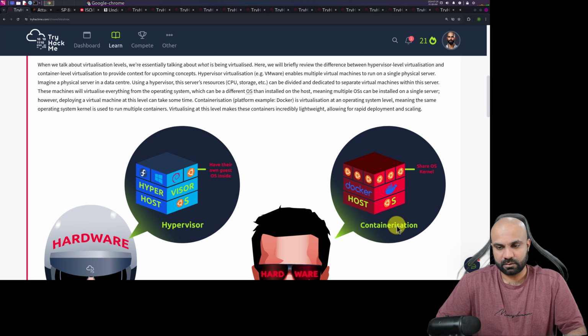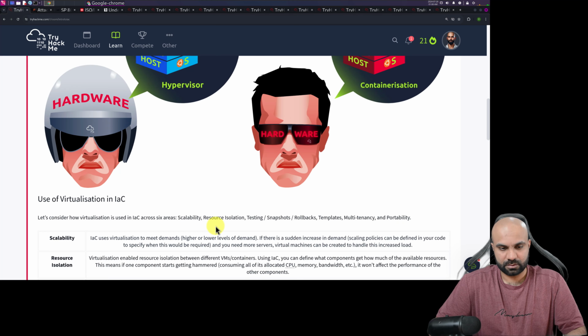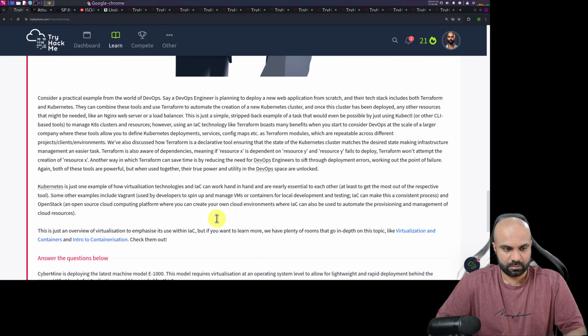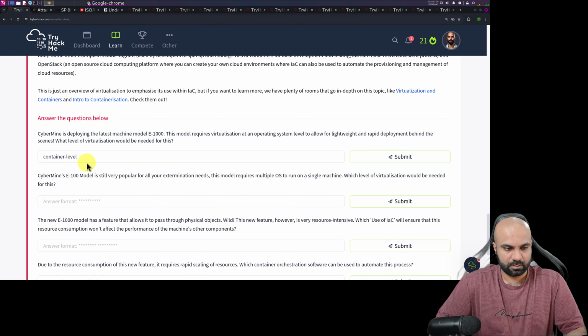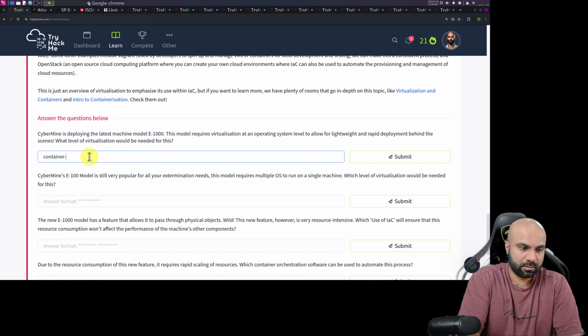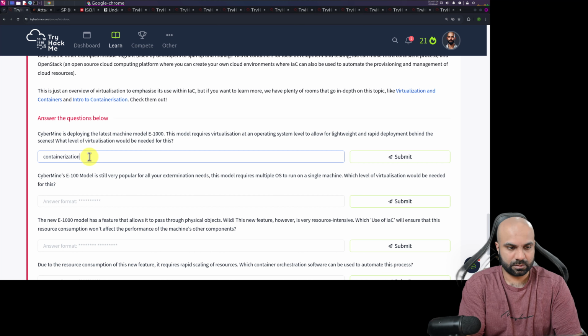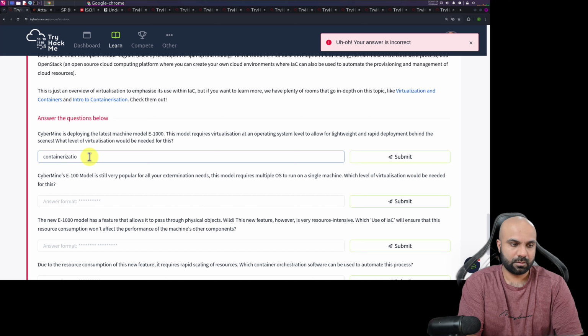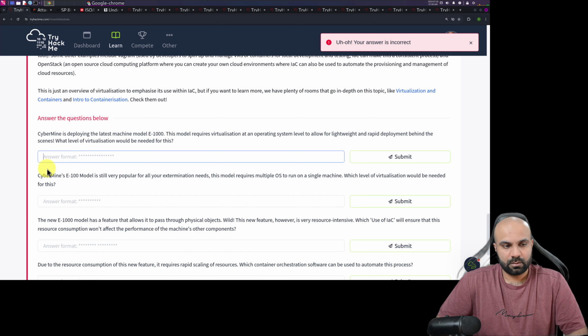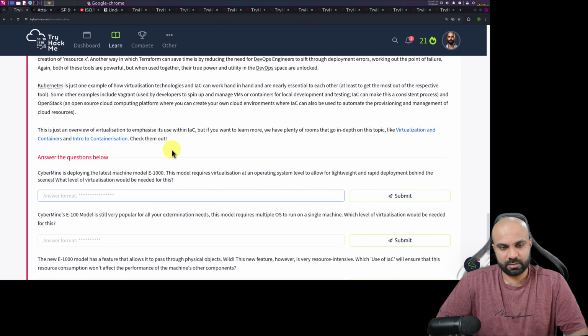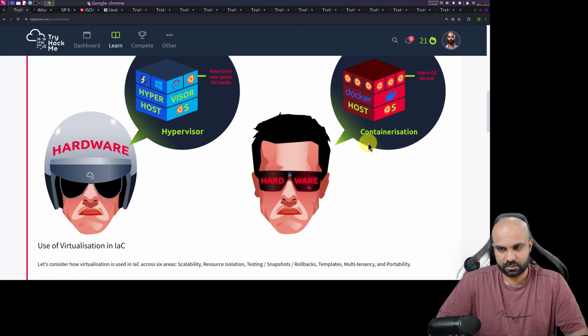We have containerization and we have hypervisor. What level of virtualization would be needed for this?